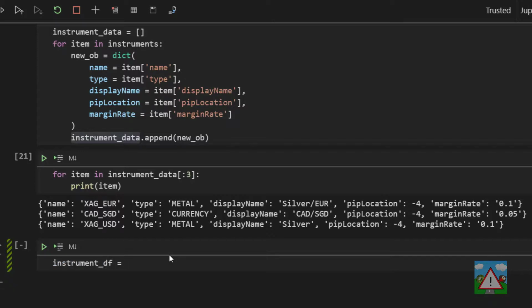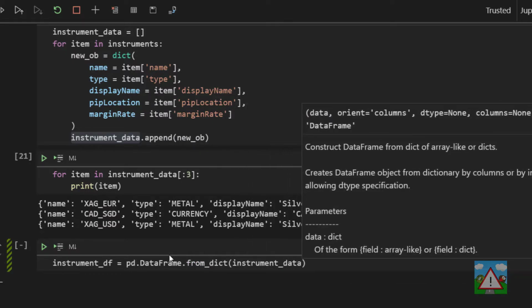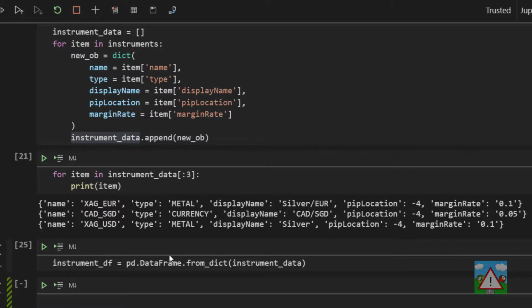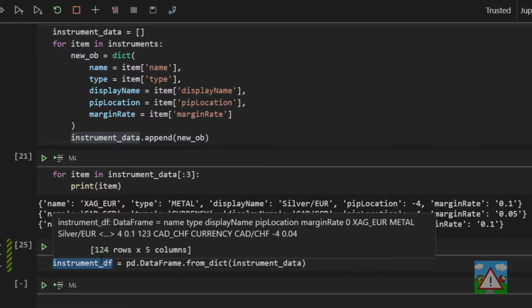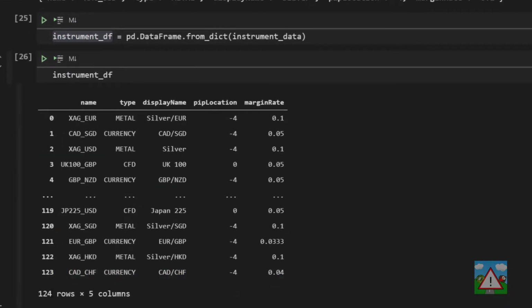You can name this whatever you like. For me, it's kind of sensible like that. And we'll say it's equal to pd, which is pandas, dot DataFrame, which is a table in pandas, dot from underscore dict, so get a table from a dictionary, and in open close brackets, our instrument data. Hit Shift and Enter, and now what we have is a data frame, which is a table of our instrument data. If I just put this in here and hit Shift and Enter, you can see that we have 124 rows and 5 columns of data,